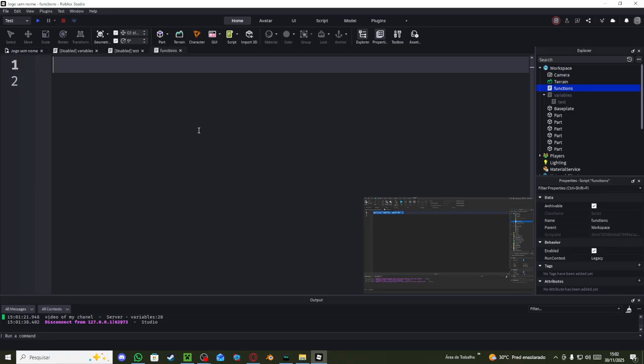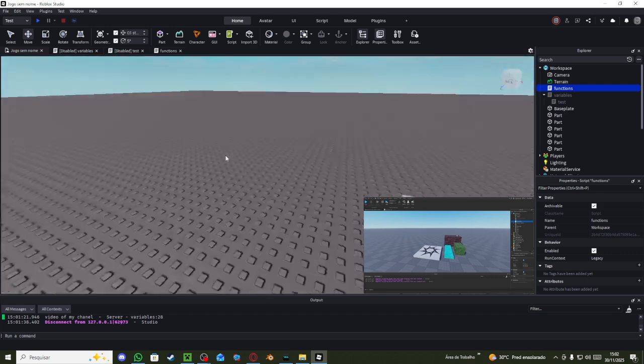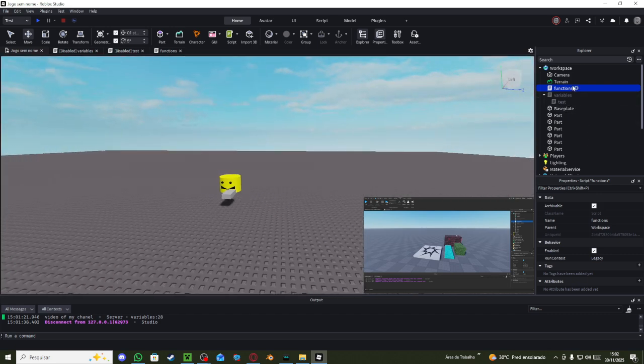So what I'm going to do is delete this, and before I introduce to you what a function is, let me present you with a scenario. Let's say I wanted to take the game's base plate and repeatedly change one of its properties, like let's say the transparency, for example.